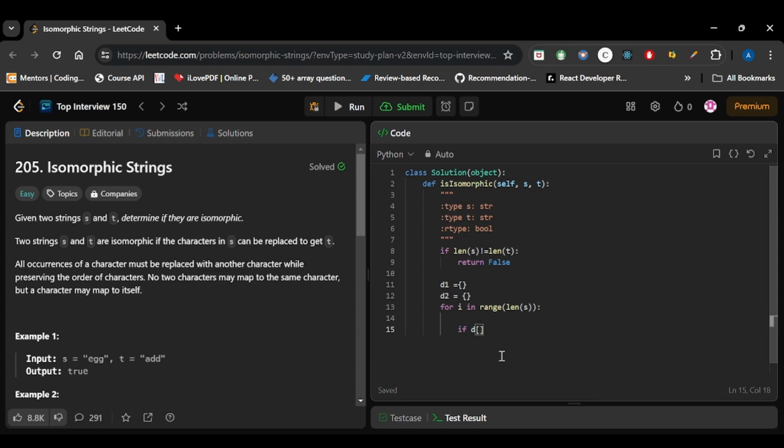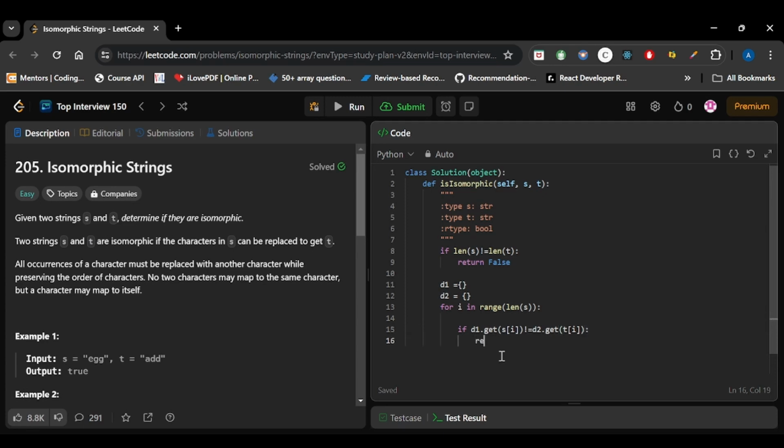Okay, so we will use that only. Therefore, if D1.get(S[i]) is not equal to D2.get(T[i]), so we are getting the two values, right?